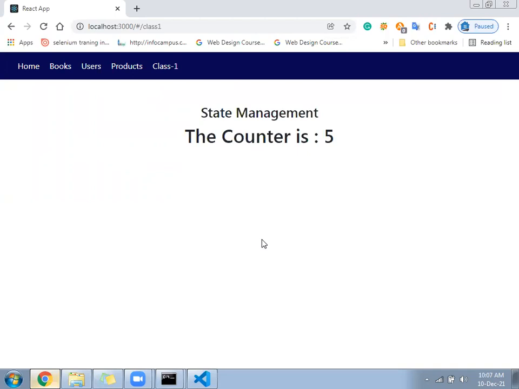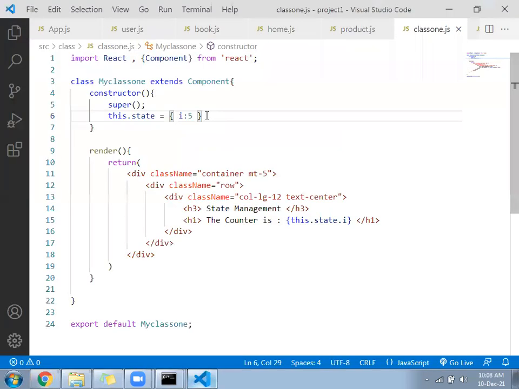You will change the value of i. Maybe you are going to add a new value, modify an existing value, or delete a value. Anything you do to an array, a variable, or an object with the help of the current file comes under state management. Your page will not reload, but the value will get changed. That is handled by one function. The function name is setState.